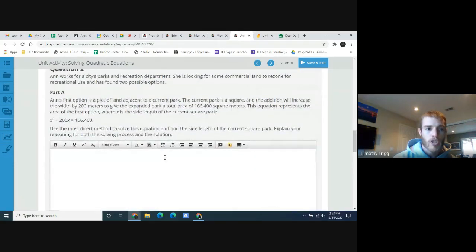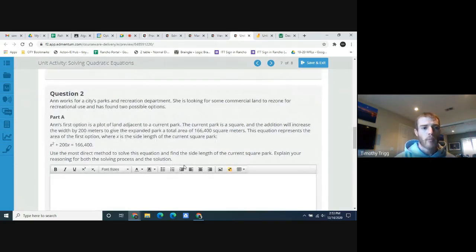All right, question 2. Anne works for a city, park, and recreation department, Parks and Rec. She is looking for some commercial land for rezone for recreational use and has found 2 possible options. Anne's first option is a plot of land adjacent to a current park. The current park is a square, and the addition will increase the width by 200 meters and give the expanded park a total area of